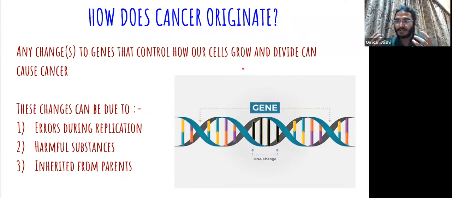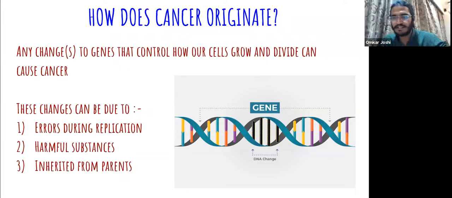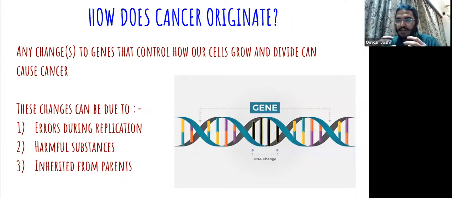Now the reasons for this can be many. First is errors during replication, right? When our cells divide, when there is proliferation, there is an intrinsic rate of error when our DNA replicates. One DNA strand will form two in replicated cells and then they will again replicate. The body has proteins which correct this error. Sometimes these errors are skipped, they are not accounted for and they propagate. And when one of these errors is in a cancer causing gene, it will lead to cancer, right?